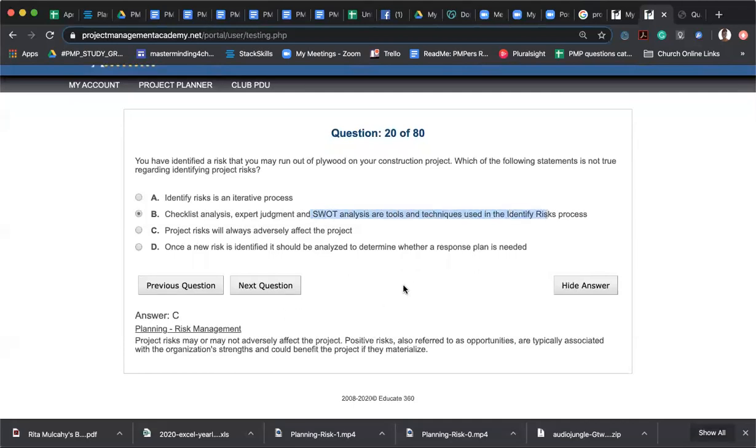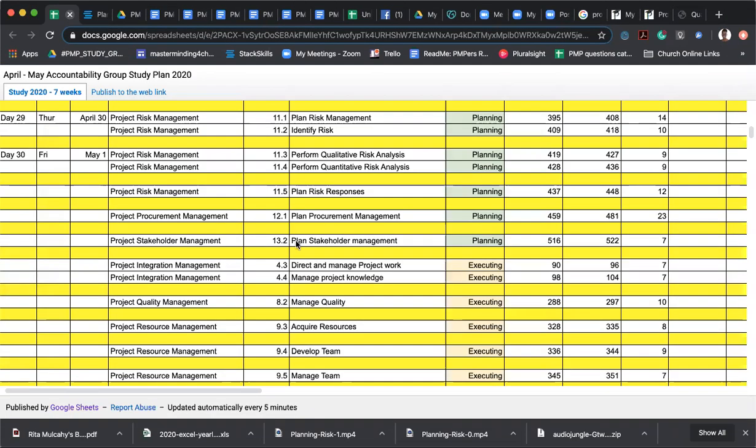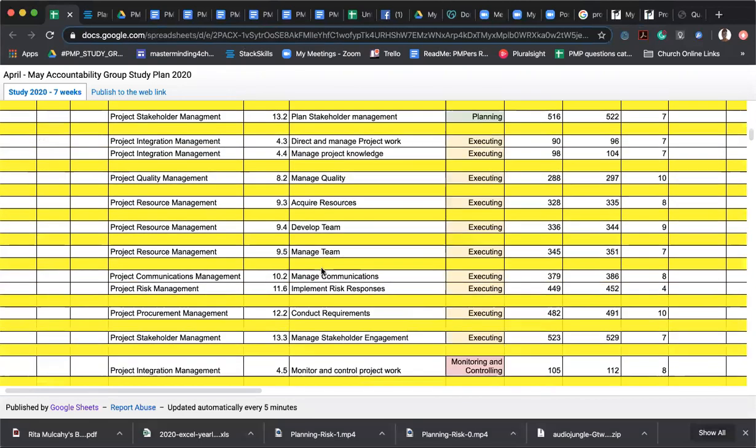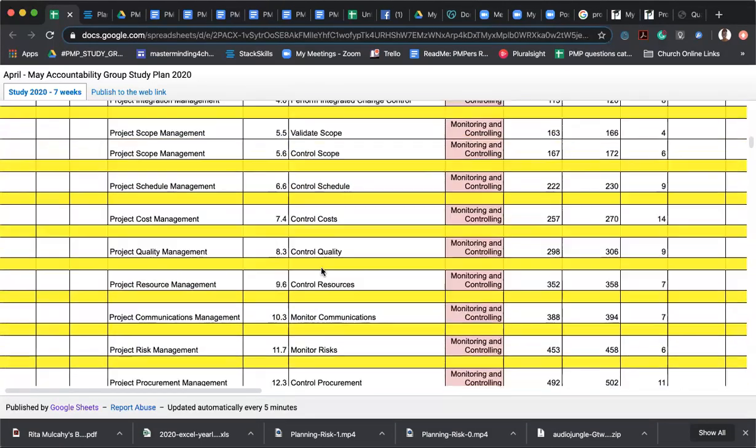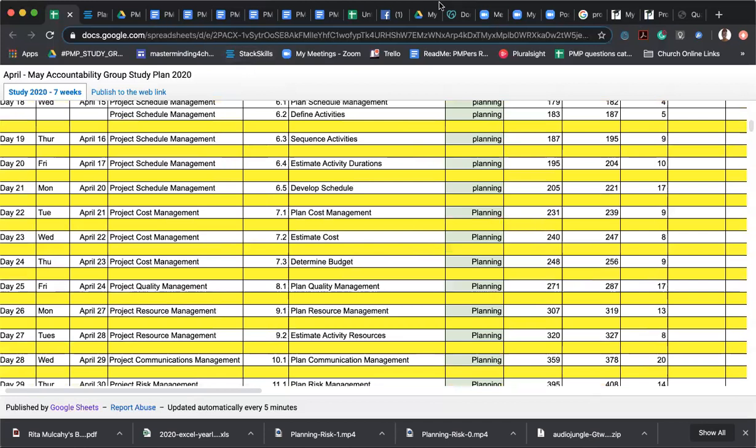Okay, it is 9 a.m. So that's wonderful. We are on task with how we're learning. Next week we get into plan risk response, plan procurement management, plan stakeholder management, and then we go into direct and manage project work. So that's 5 days next week. We're getting into our executing. Okay. What I will do, like I said, is share out our ITTO charts, and then y'all could